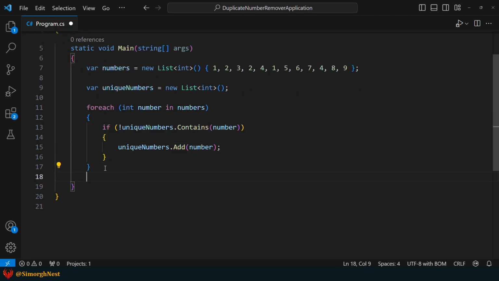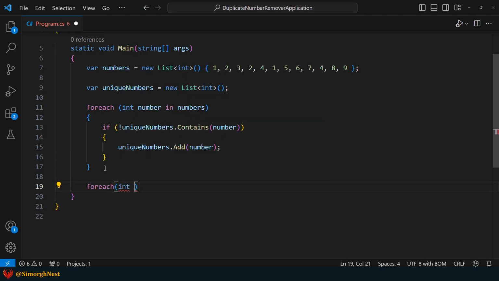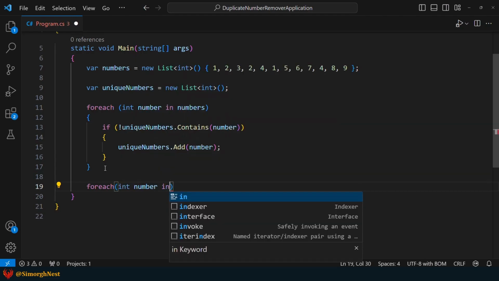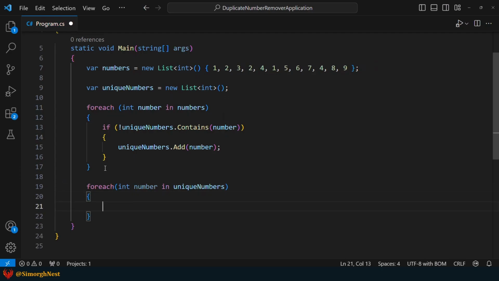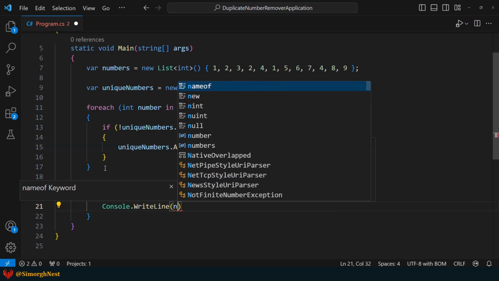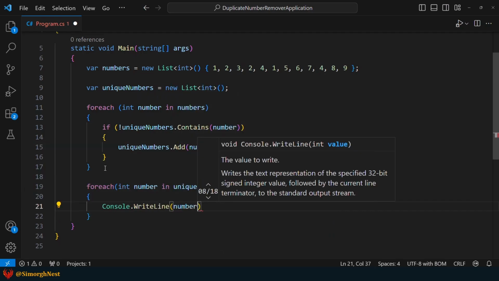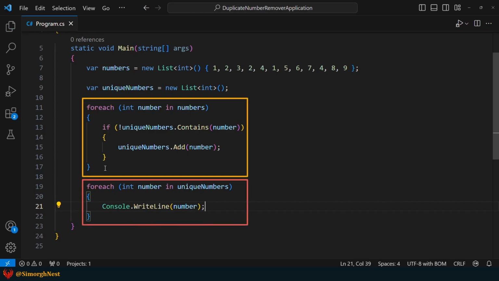Finally, let's use another for each loop to display the elements in the unique numbers list. As you can see, we use the for each loop in both iterations since we don't need to update any elements in these lists.